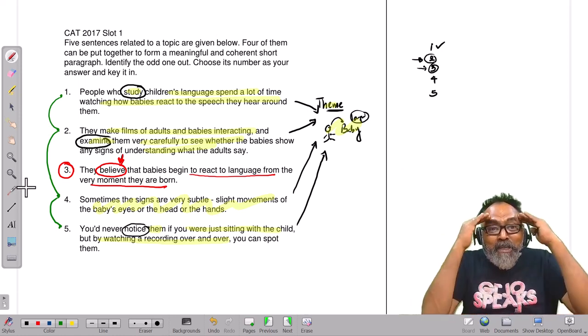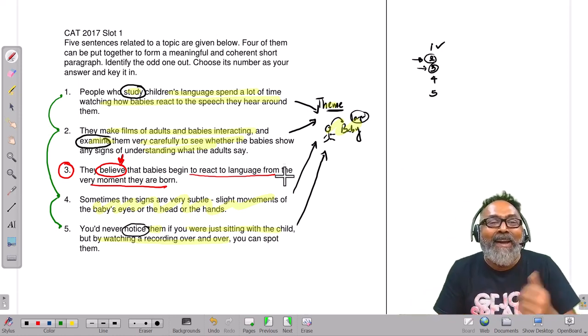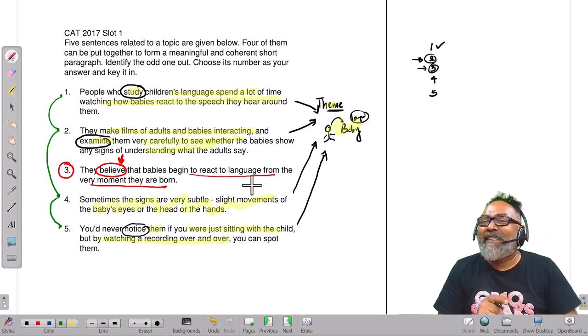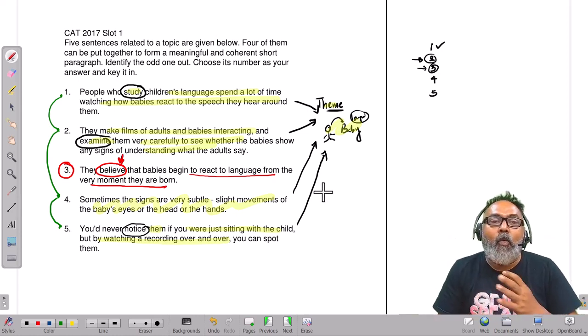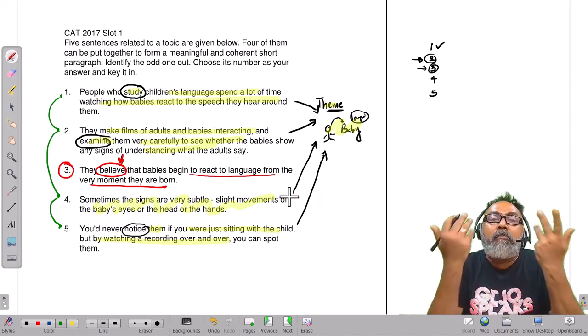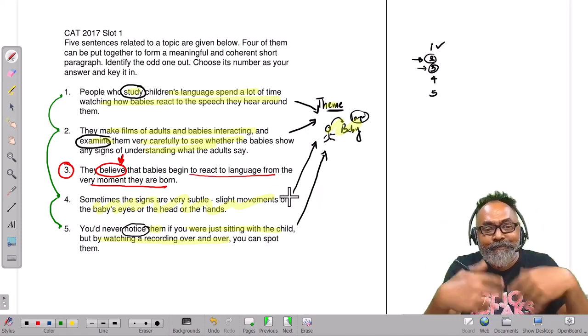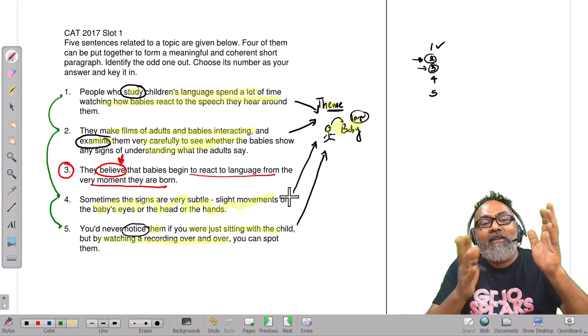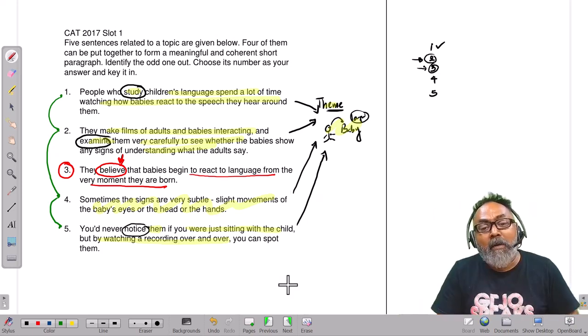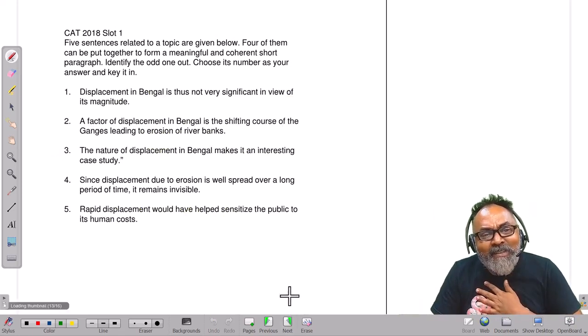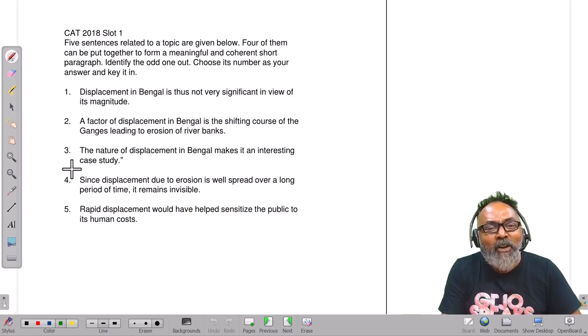It would have been much better if the question was like this, but then they decided that this is kind of easy. Let's not do this. What they did after that, in 2018, they jumbled everything. Even the correct sequence is jumbled, but we can still handle it.